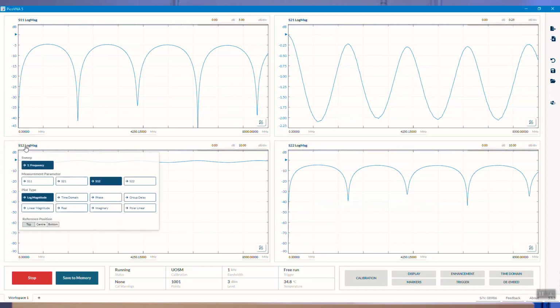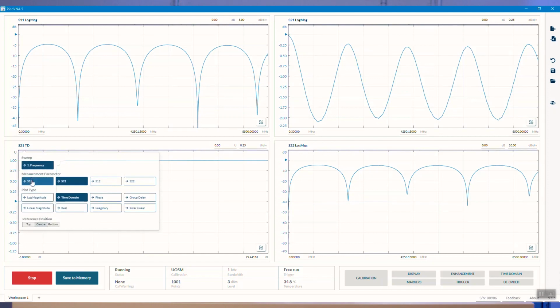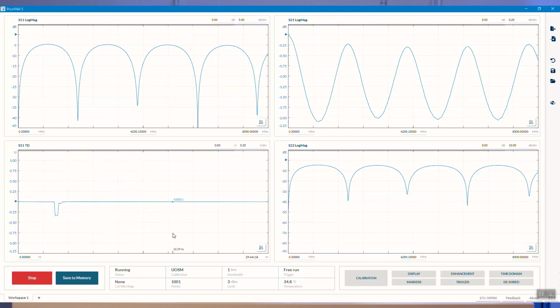Let's change the parameter on this one. Let's make that S21 time domain. That's the response in the time domain. Let's change that to S11 time domain. And we can zoom in on time here. Let's adjust the time base.